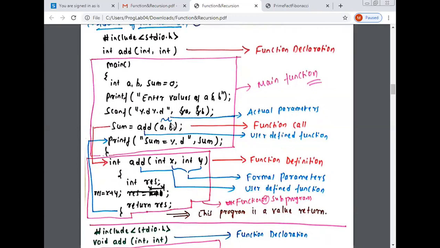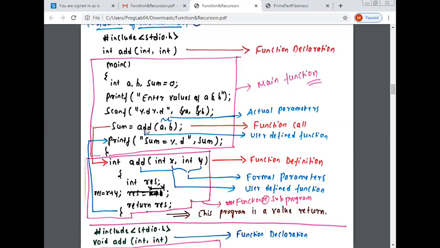So this is the function call, it will redirect the function. It will refer to the user defined function. Once it encounters the call, it refers to the user defined function, so your actual main logic will start in the user defined function. Here I have written int as the return type.